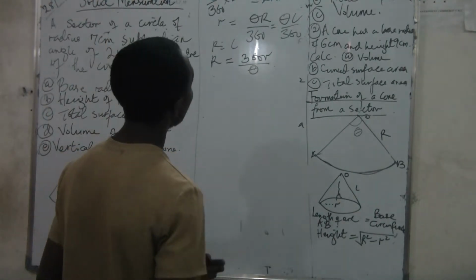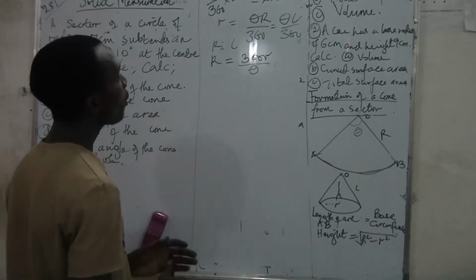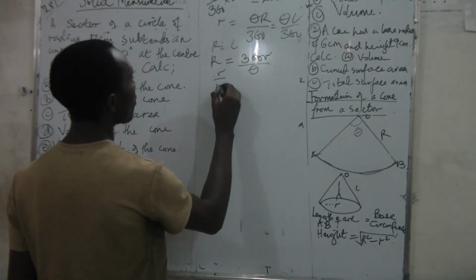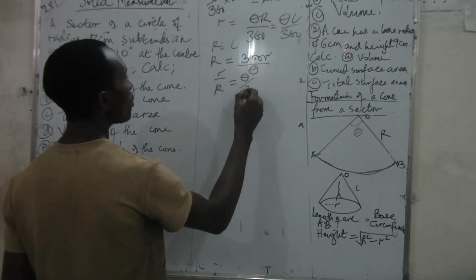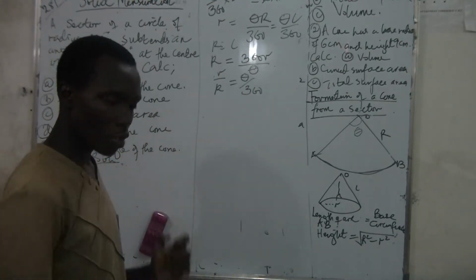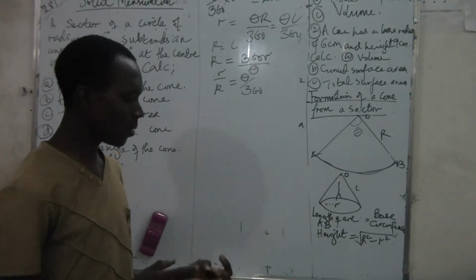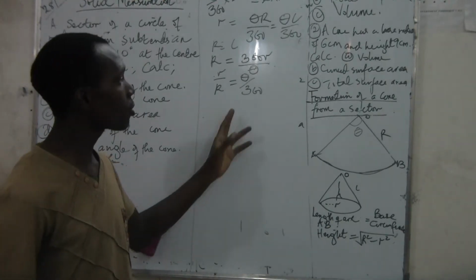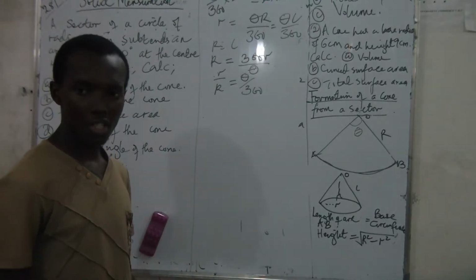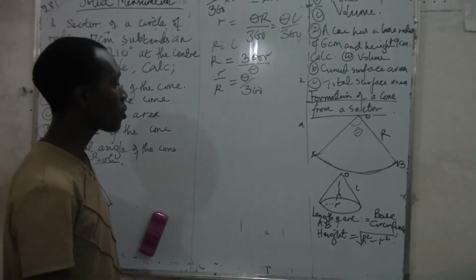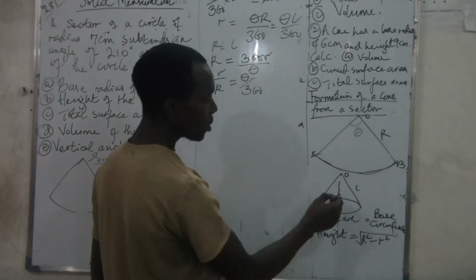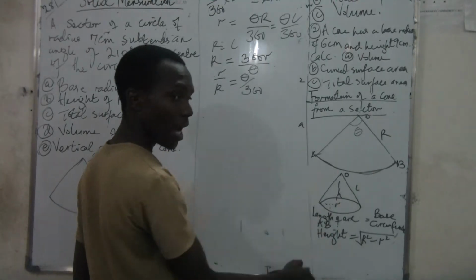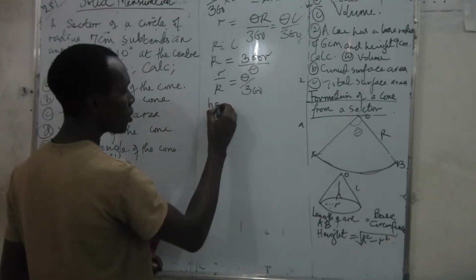Do you understand that? From this calculation, we can also say that r over R is equal to theta over 360. That is, the ratio of the radius of the cone to that of the sector, or the circle, is equal to the ratio of the angle to 360. We can also say that since this slant length is R, and this is radius r, the height of the cone when the cone is formed, h, is equal to